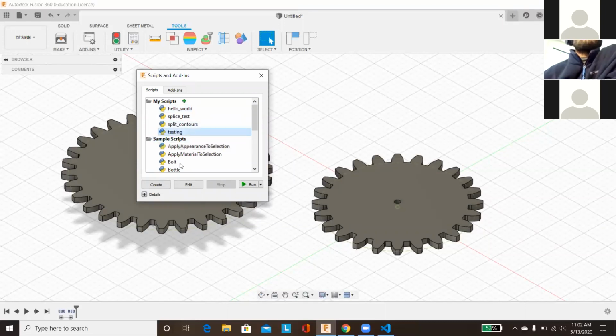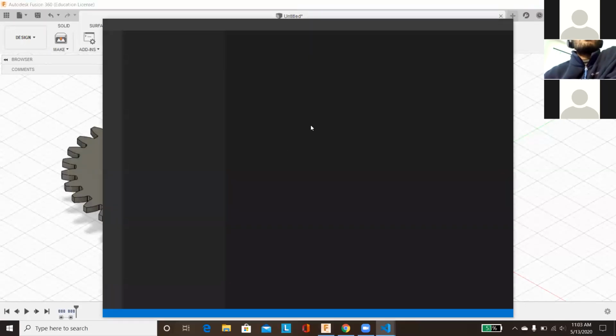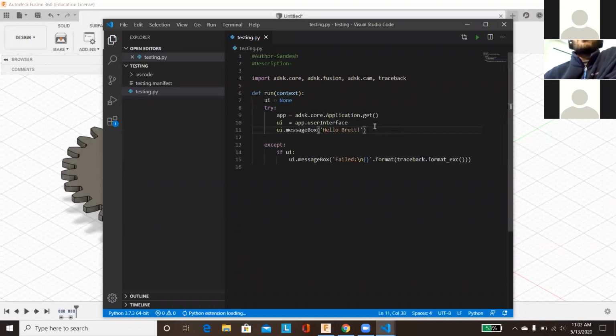It basically already comes with this chunk of code right here. All I did was go in here and change it from hello to hello Brett. So this is importing all the Fusion packages, and then def run. Everything inside here is run on the Fusion application itself. And here it's a try except: if there's any error while it's trying to get the application, it'll show this message. But to understand how to actually program this and how this all works,